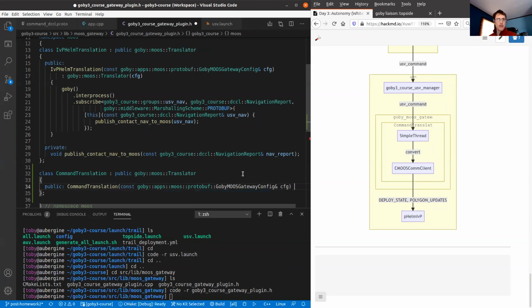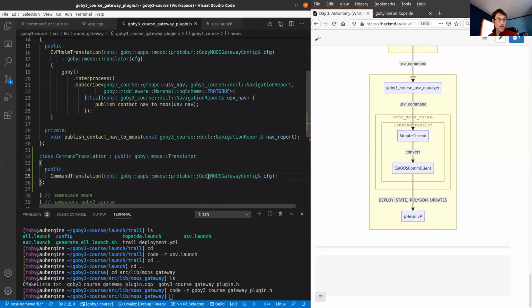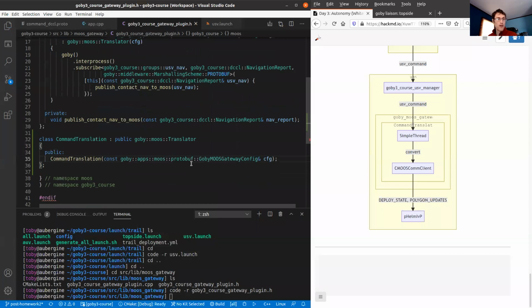And I need to be able to take that in. If you recall, all the Goby threads take a particular type of configuration. In this case, this message is dictated by the choice of the translator itself, and this configuration object contains things like where Moose is and whatnot.